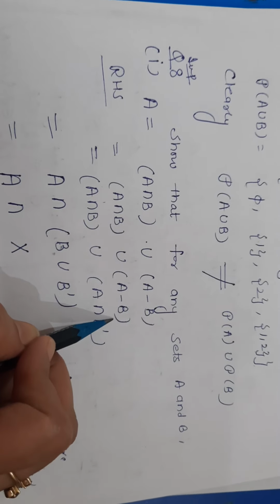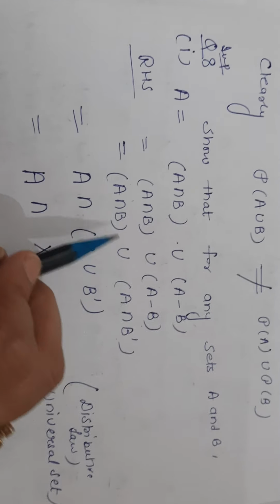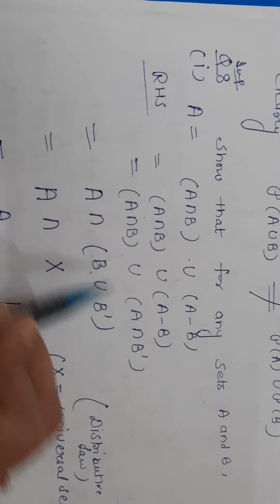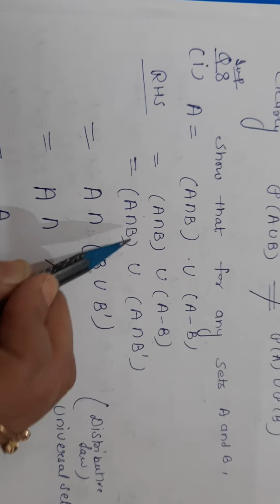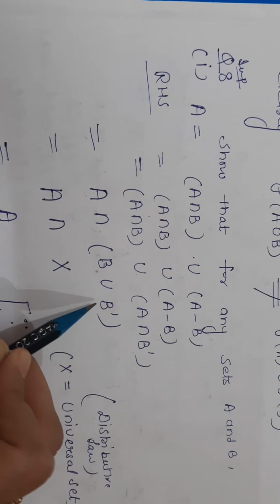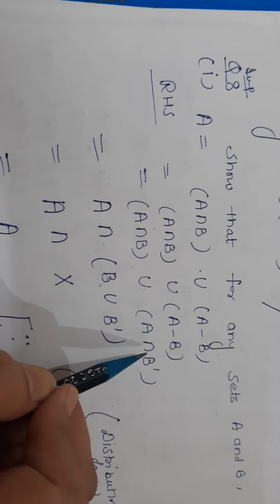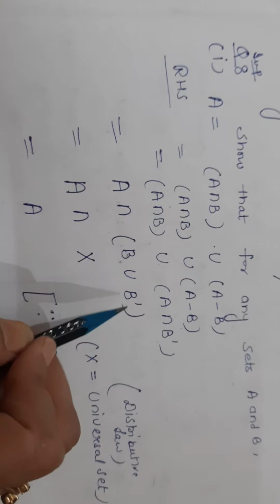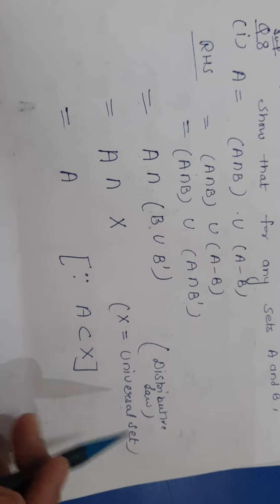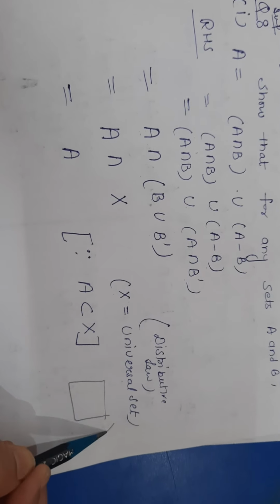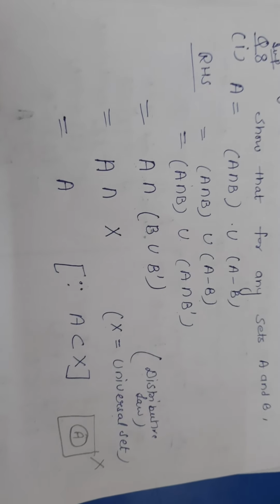So I have written the right hand side. Now further, A minus B can be written as A intersection B complement. Now here apply the distributive law. A is common, so I have written A here. This is union. It will change to intersection. So A intersection B union with B complement. You can check your answer further. A intersection B union A intersection B complement. Now the union of any set with its complement is a universal set. Here I have taken X as universal set. Know that any set is a subset of universal set. So the intersection is equal to smaller set A.